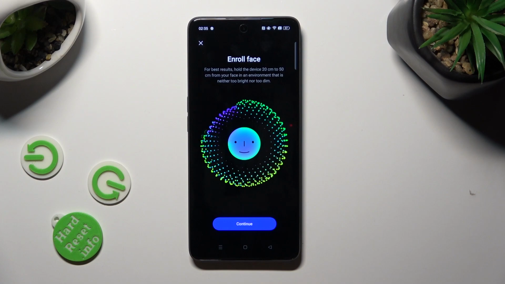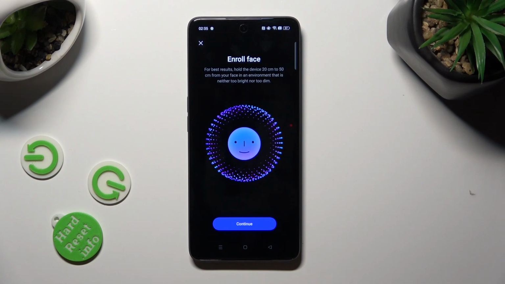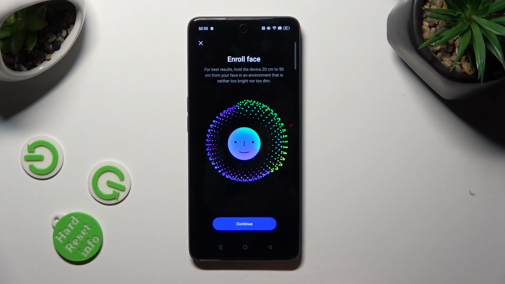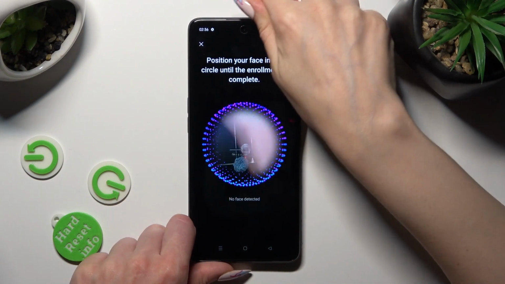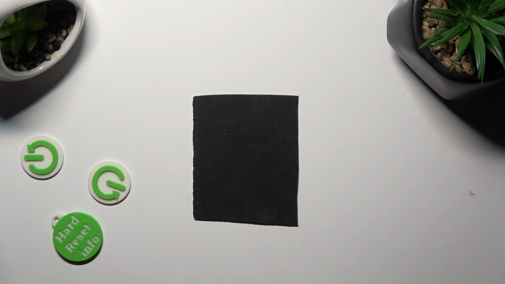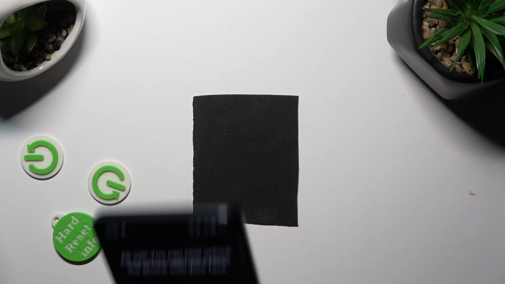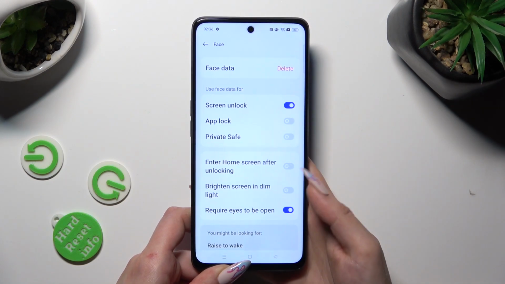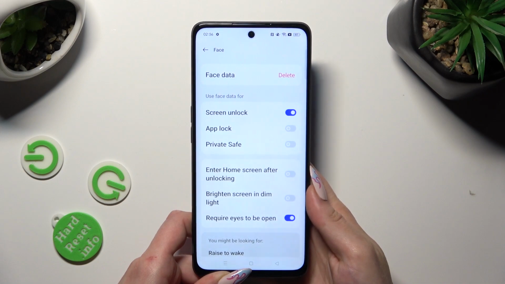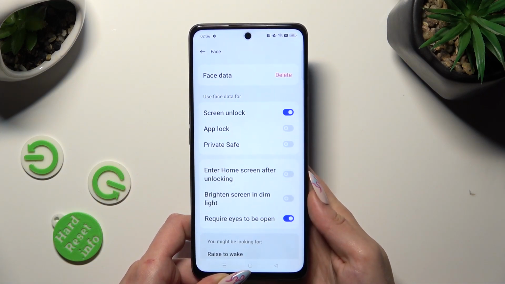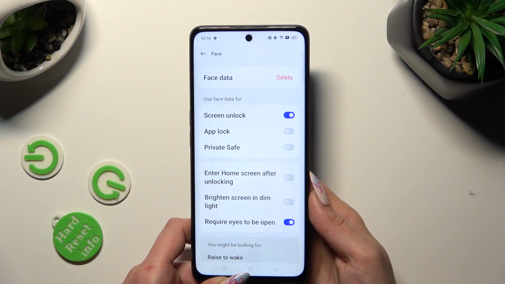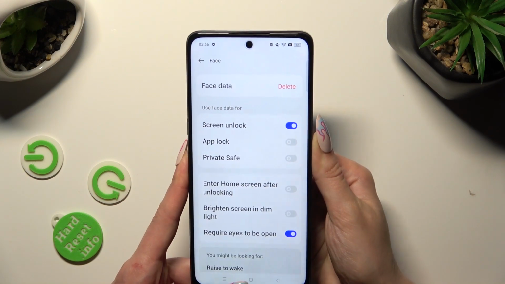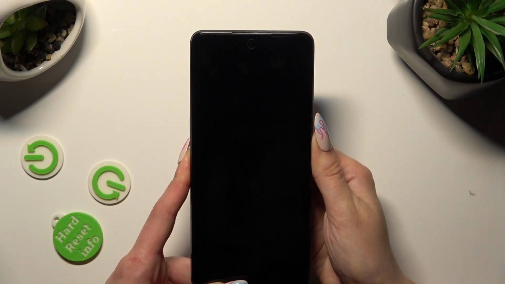Finally, choose Continue, keep your face in frame and follow all of the instructions from your screen. Then tap on Done. Adjust all of those options however you wish to by tapping on the switches next to desired features. And finally, when I turn off my screen, then switch it back on,